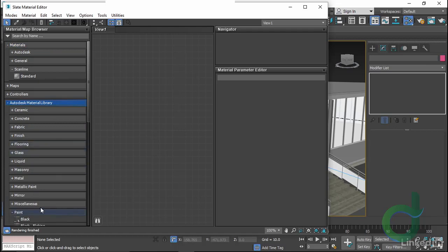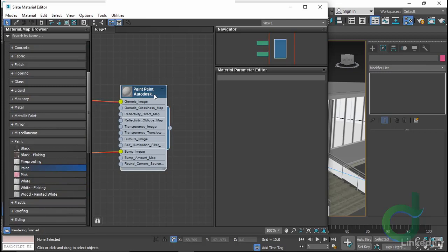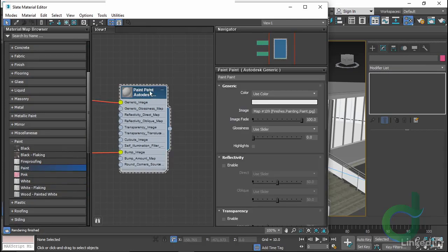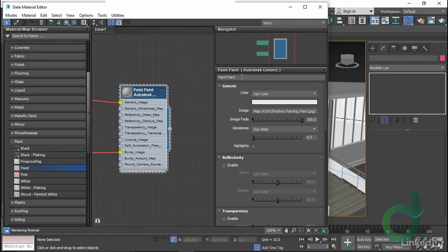In the Autodesk Material Library under Paint, I'll pull in the paint. I need to get a color on this, so I'll double-click on it and get a name and a color in. I'm going to use some Sherwin-Williams paint colors for this particular design. I've browsed through their color collection and settled on SW6342 Spicy Hue, a rich, warm orange or clay color. It shows me here the RGB values and a hex value, 153, 75, and 53. Back here in 3ds Max, I'll name this